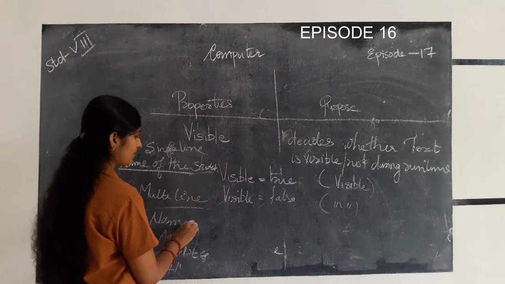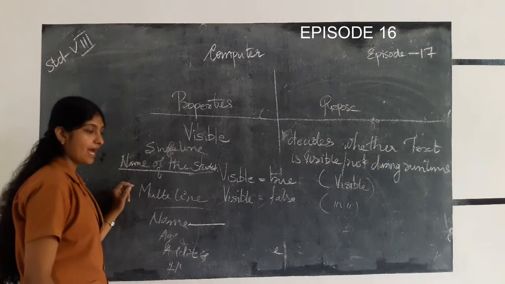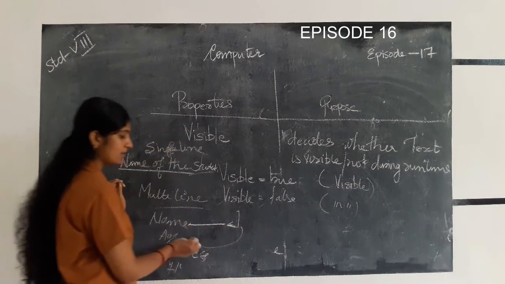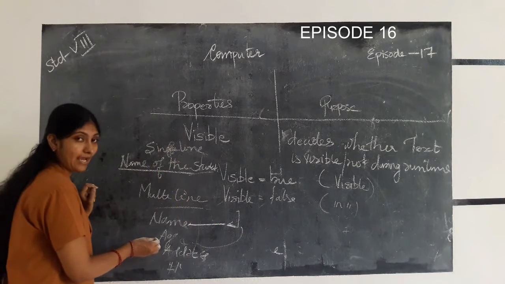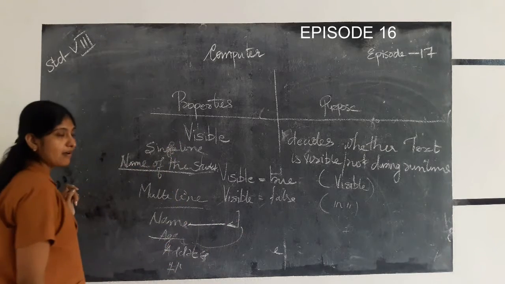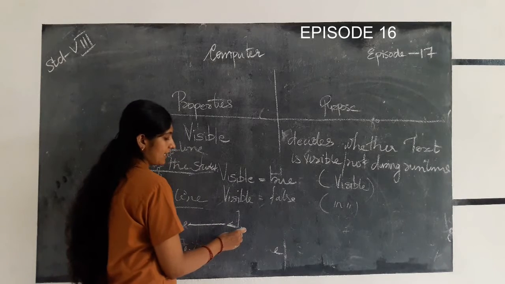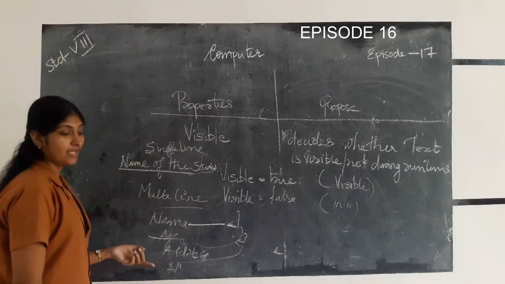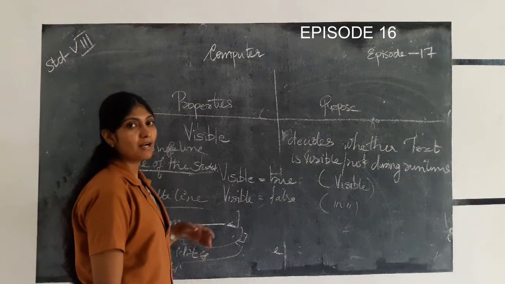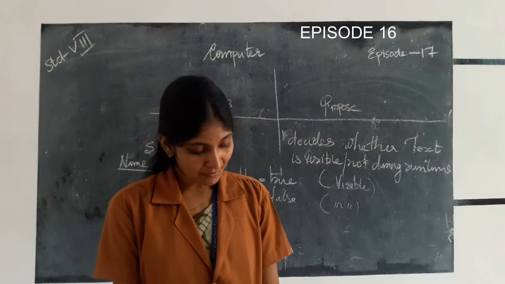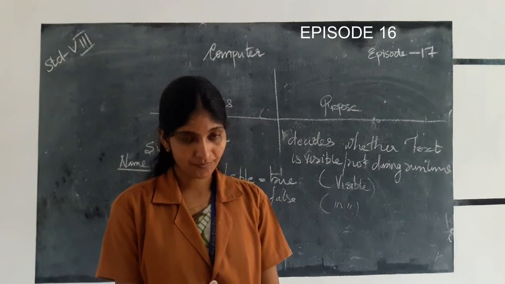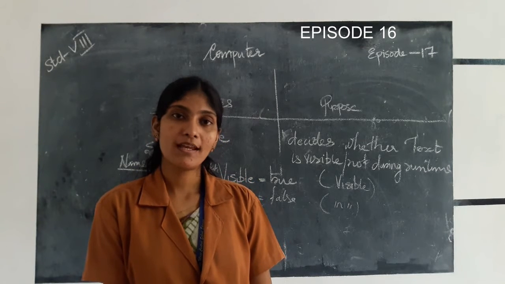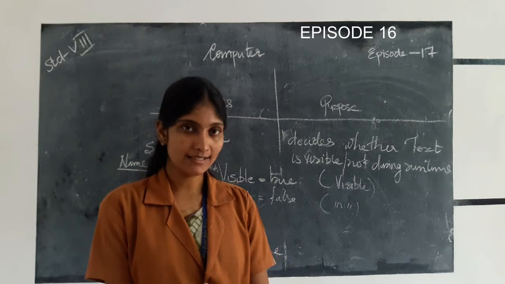When we type a text continuously and press enter key, then the line breaks and a new line appears, so you can enter the text in the next line. Then it continues the text and then press enter key, a new line appears, so you can enter the text in another line. So that is multi-line. If multi-line is set to true, you can enter many lines, and if false, you can enter the text in a single line.